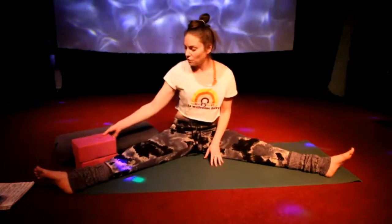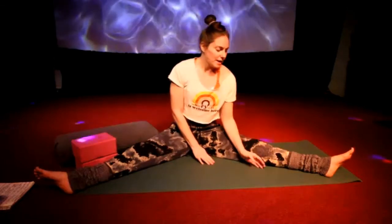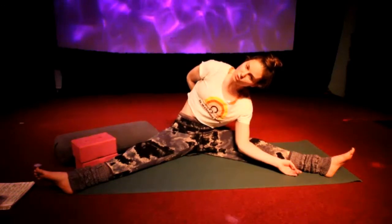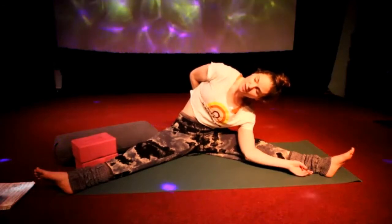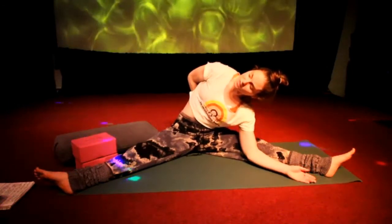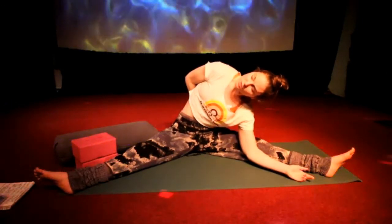Walking those palms through center. And if you like to use any props for that, feel free to bring them over to your right side. And we'll take the right hand in front of your right leg, slowly releasing into that side bend, taking your left palm behind you, helping these shoulders slowly stack, slowly twist as you gently release your right arm further down that leg, maybe allowing softness to come through your face, down through your neck,